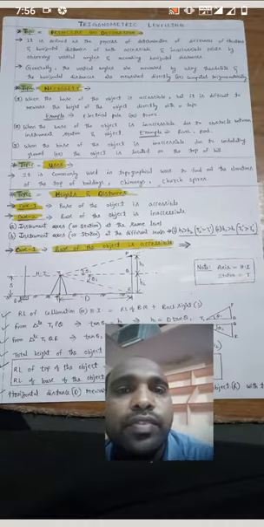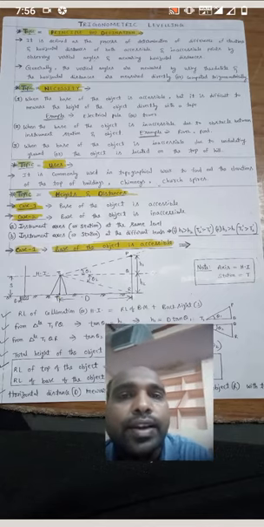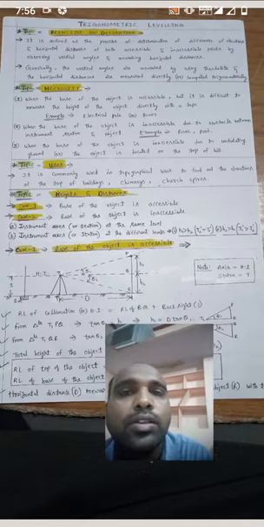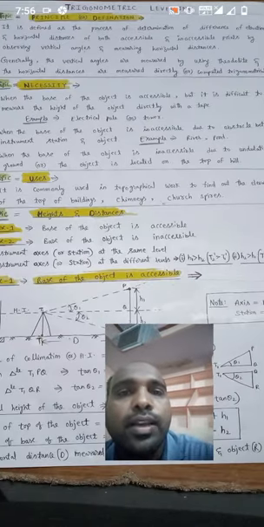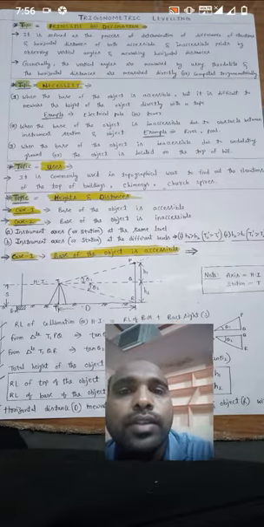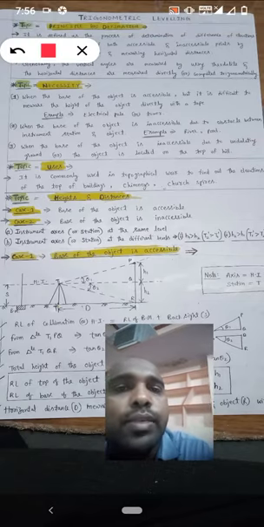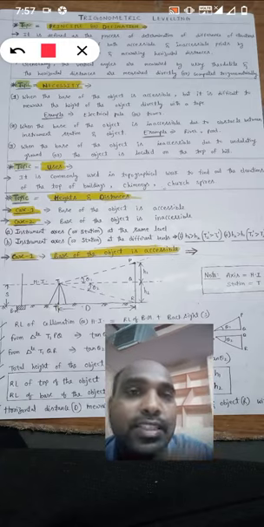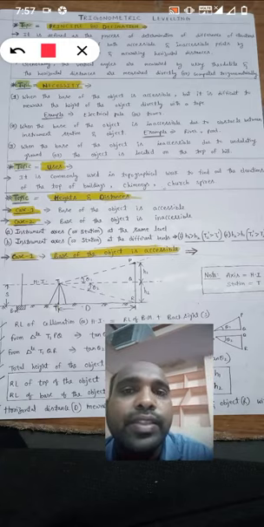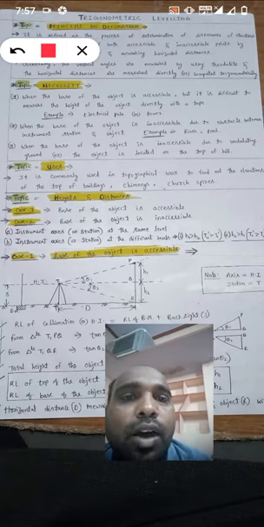But it is difficult to measure the height of the object directly with a tape. That's why we will use vertical angles and a theodolite. Examples are an electrical pole or tower. Next, when the base of the object is inaccessible due to an obstacle between the instrument station and the object. Examples are a river or pond.